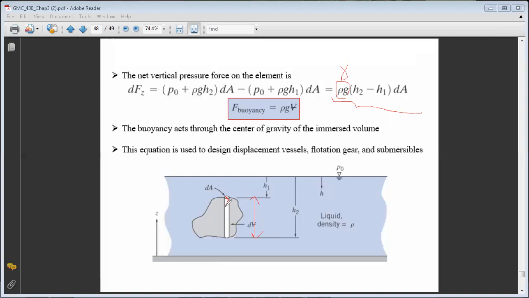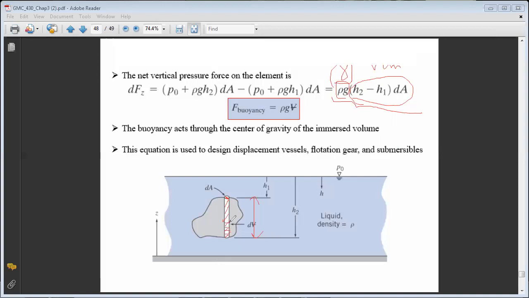You get this volume, the volume of concern. You can replace it by the immersed volume, V immersed. But since you are multiplying the immersed volume by gamma of the fluid, not gamma of the body, then your buoyancy force is equivalent to the weight of the